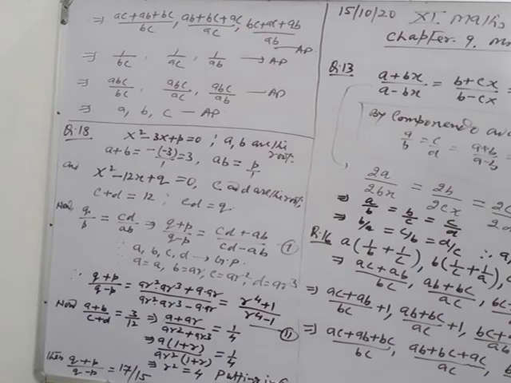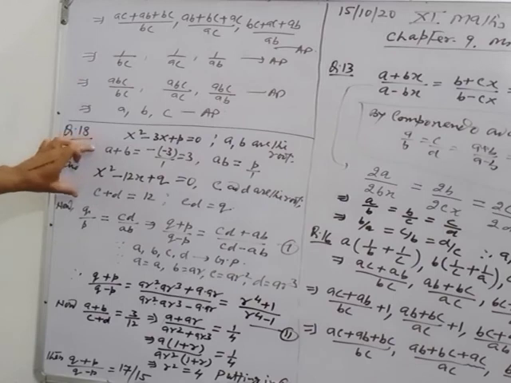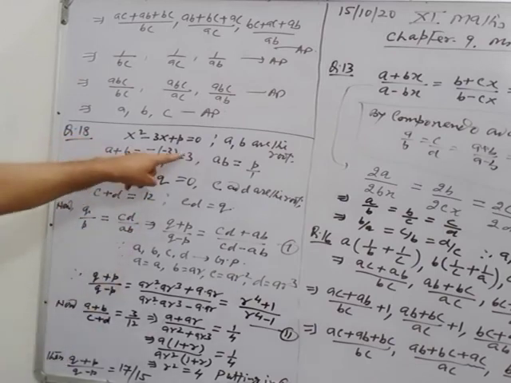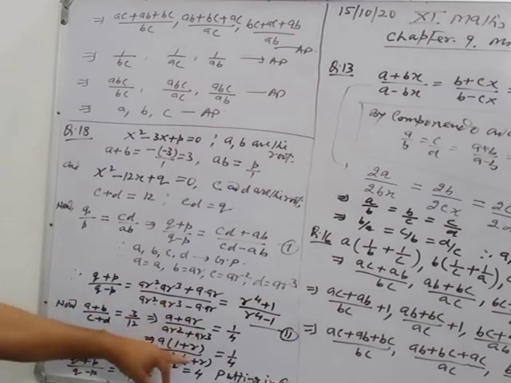Now you have to find one more relation. Look here, A plus B from the above results: the sum of the roots is 3, and C plus D in the second quadratic is 12. So the ratio A plus B upon C plus D is 3 by 12. And on this side, putting the values, A is A, B is AR, C is AR square, D is AR cube. The 3 by 12 is 1 by 4.